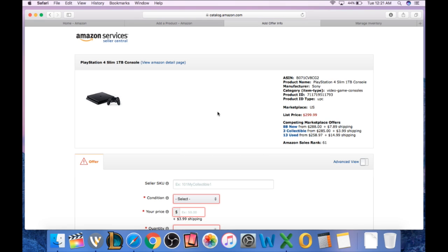And this is essentially your draft page. Over on the right side is going to give you that unique identifier on Amazon, which is ASIN. It gives you the product name, the manufacturer, the ID, the marketplace. The list price is typically MSRP. That's manufacturer brand new. PS4's $299. I think that's accurate. I bought my PS4 like 2 years ago, so I have no idea if that's accurate